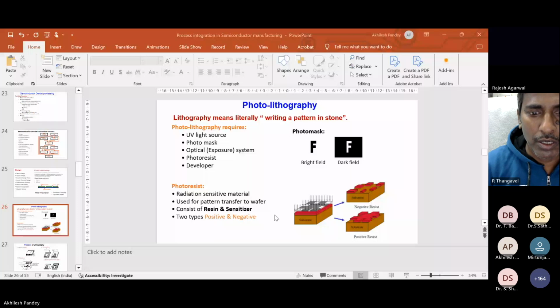Now it's visible, sir. So in which slide am I? I am in this photolithography slide, slide number 26. Yes, sir. Now come to the lithography part. In lithography, the basic definition is writing a pattern in stone. Photolithography requires a UV light source, photo mask, optical exposure system, and